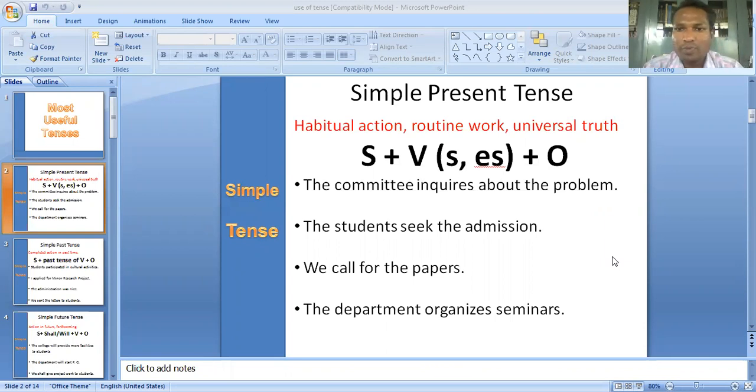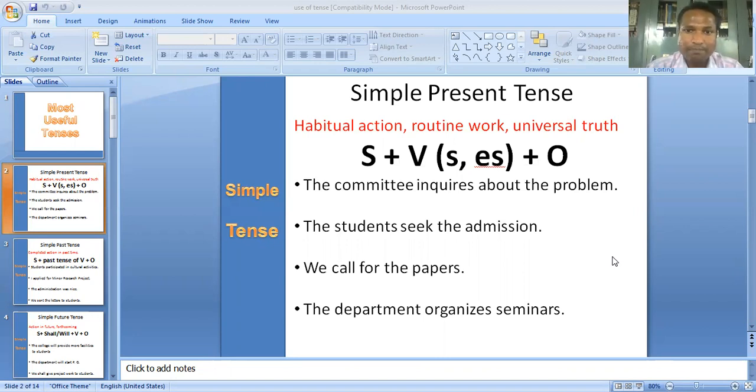That is called simple present tense. Sadha vartaman ka. I repeat once again for you. The habitual actions, the day-to-day actions that are of routine, that happen always, that have routine-wise occurrence, that is called